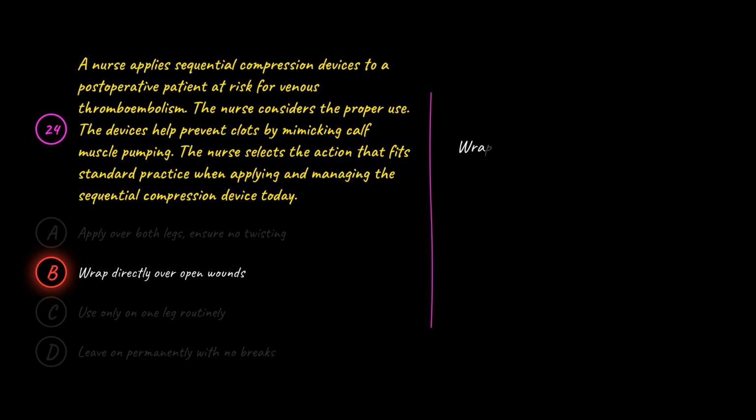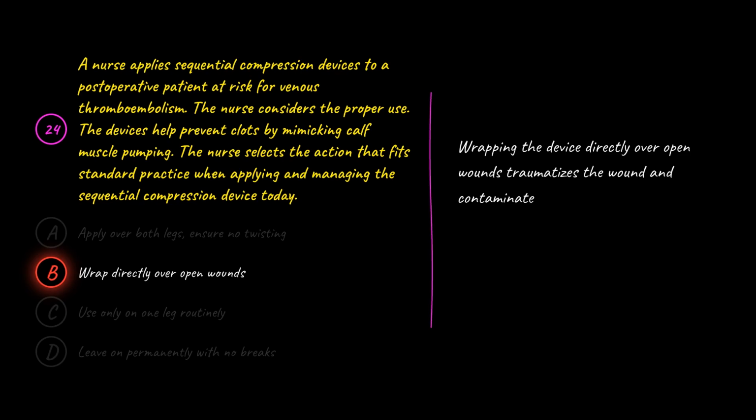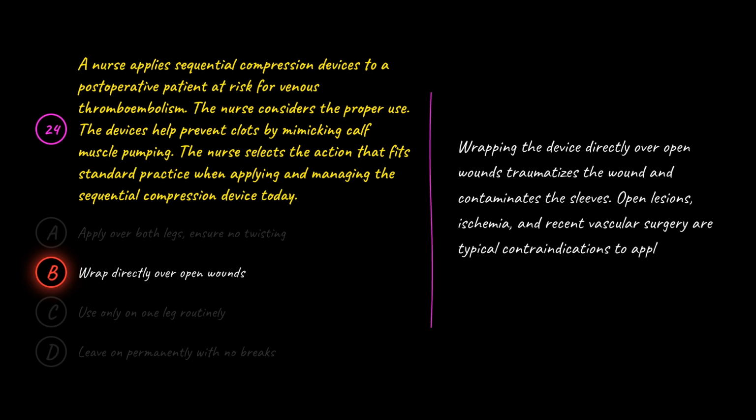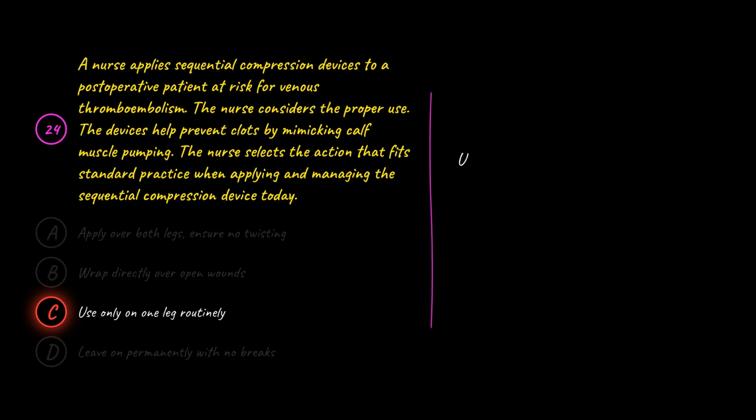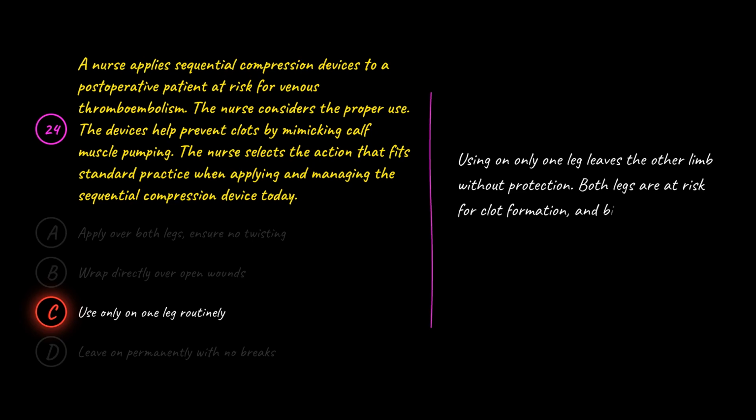B is wrong because wrapping the device directly over open wounds traumatizes the wound and contaminates the sleeves. Open lesions, ischemia, and recent vascular surgery are typical contraindications to applying compression sleeves to that limb. C is wrong because using on only one leg leaves the other limb without protection. Both legs are at risk for clot formation, and bilateral application is the standard practice unless a specific contraindication exists